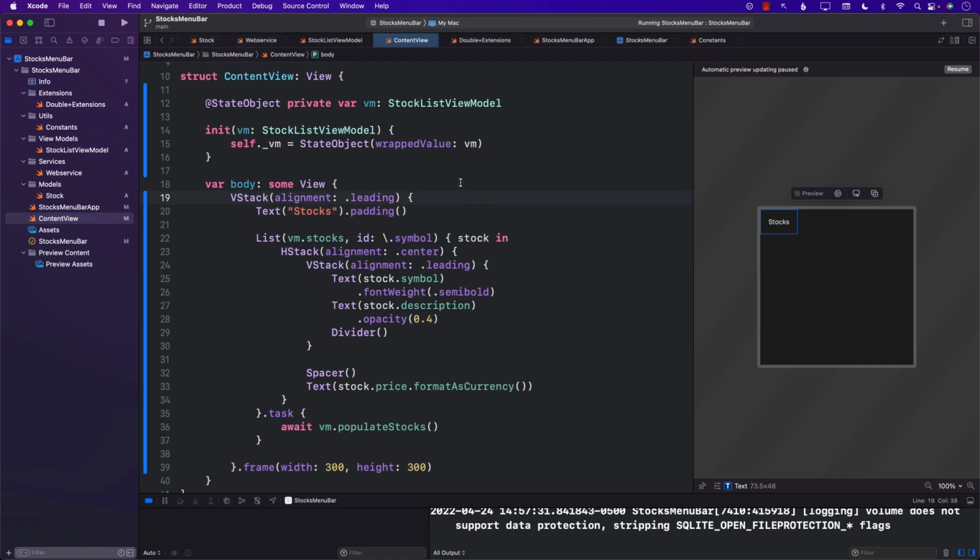We have created a menu bar application which displays the stocks coming from a JSON API using SwiftUI and